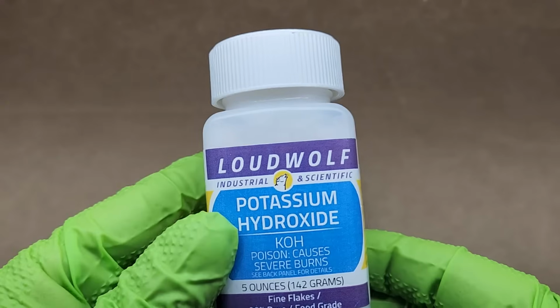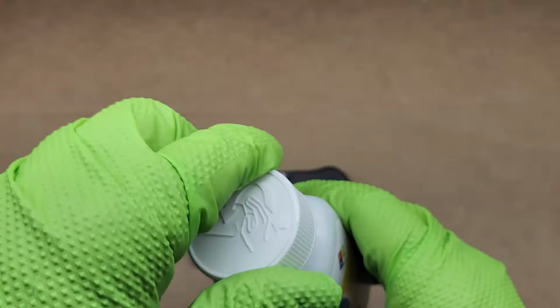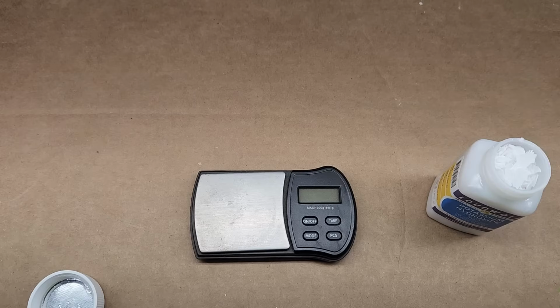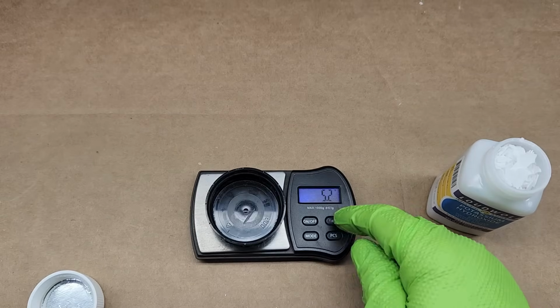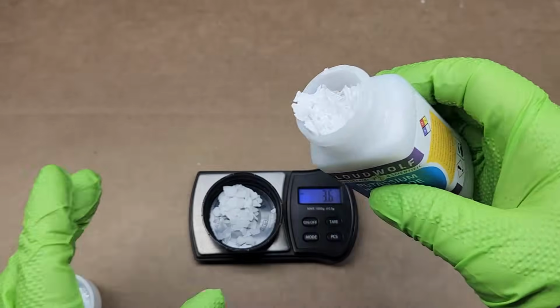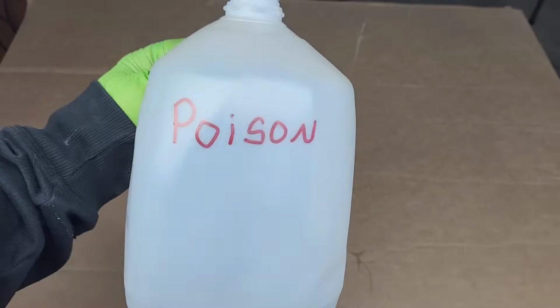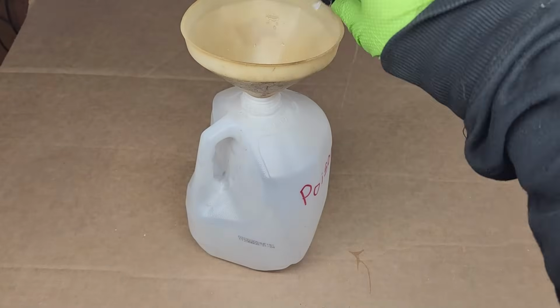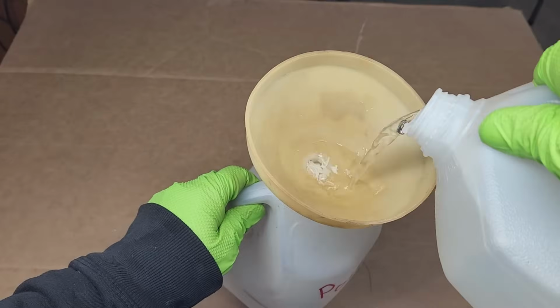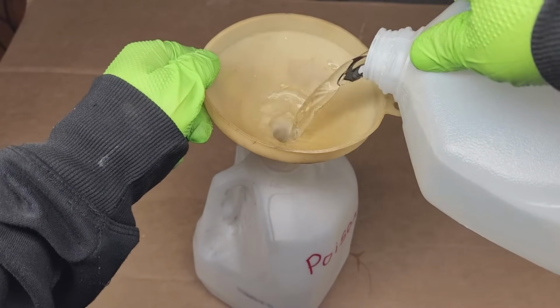For this experiment, we'll be using potassium hydroxide. Now, Roy recommended that we start off with 10 grams of KOH per US gallon. Well, spoiler alert, that's actually way too much potassium hydroxide. You see, the potassium hydroxide is added to the water to help improve the conductivity of the water, and at 10 grams per US gallon, the single HHO cell was drawing over 40 amps, which is not really a problem,